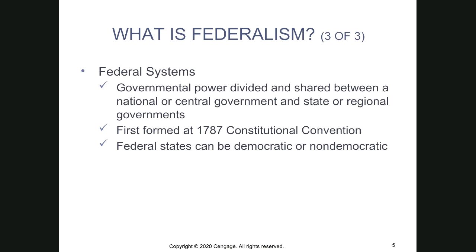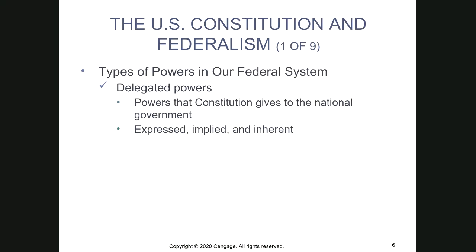Neither the state government nor the federal government are dependent on the other one for their power. Instead, how do we figure out where we're getting power from? We figure it out by looking at the United States Constitution. The United States Constitution is going to tell us what powers the federal government has and what powers the state has. So let's start first just by talking about what powers the federal government has. So when we've got Texas butting heads with the federal government, what does the United States Constitution say that the federal government gets to do?